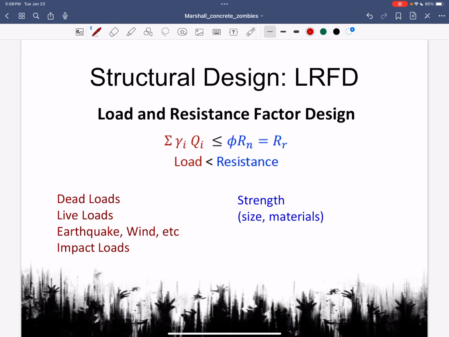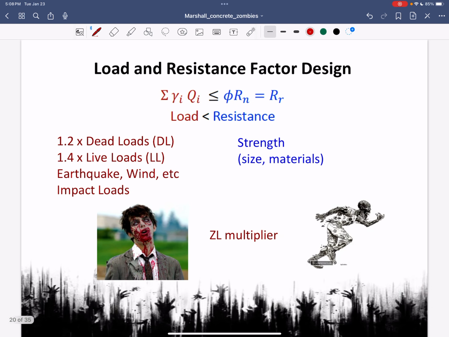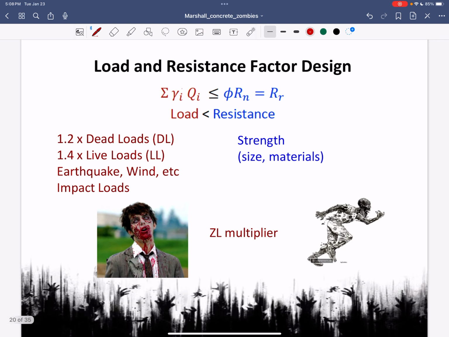Without going into it, here's some different loads, right? And on the resistance side is the strength. How big is the beam? What is it made out of? How reliable is it? When I look at my loads, what's interesting is that I put a multiplier, so a safety multiplier.